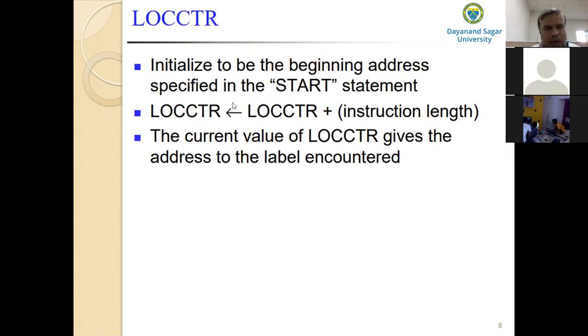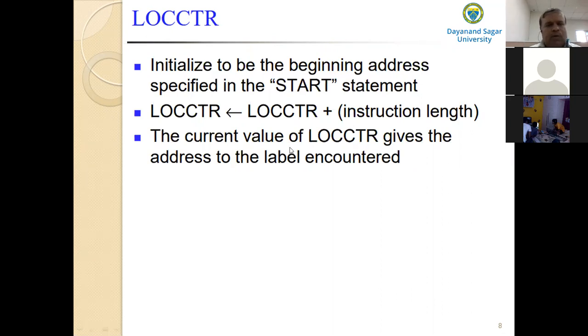So LOCCTR equals LOCCTR plus the instruction length. This location counter will keep track of all the addresses assigned to the source statements.